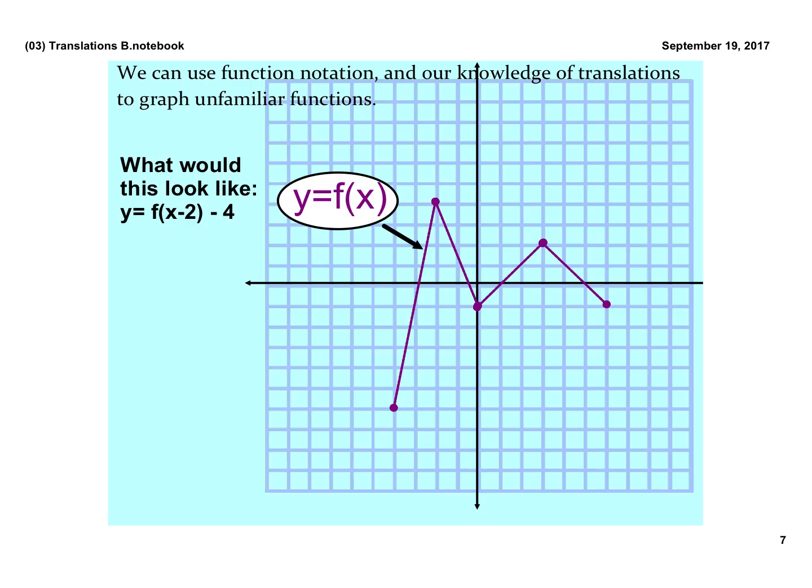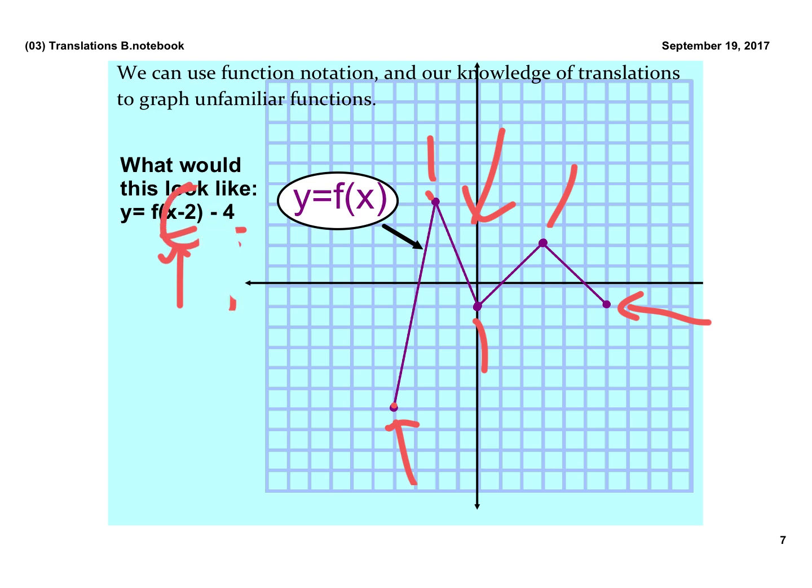All right, so what if they give you a weird looking shape? And then they say, I'd like you to take this weird looking shape and do this to it. Like this is your starting function, and then you're supposed to do this to it. Well, then you take all those key points, this point and this point and this point and this point and this point, all these key points, and then you move them, what it says, 2 to the right